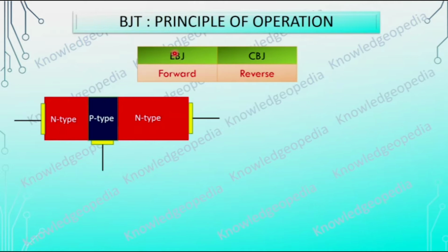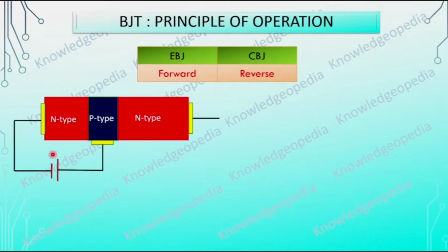Now you tell me, according to these things, this is the emitter base junction. That means I should consider this one, right? This is the emitter, this is the base. So this PN junction over here is the emitter base junction, and this should be forward biased. That means the N side of the junction should be connected to the negative terminal of the applied voltage and the P side should be connected to the positive terminal, right?